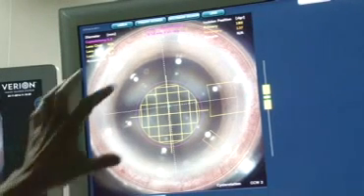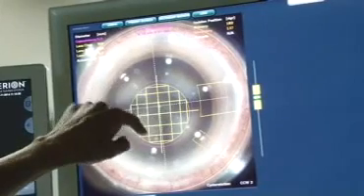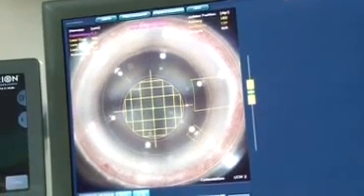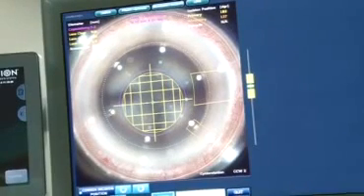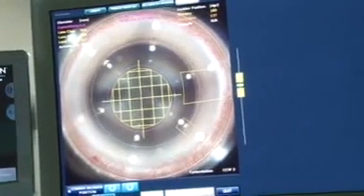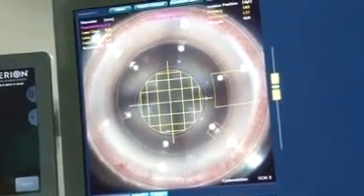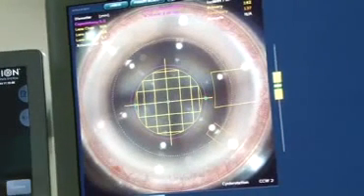Now I see that the central part of the lens seems to be slightly off. I'm going to press the lens again, and let me just push this up a wee bit here. I think that is the center, so I can change the plan according to what I wish. Then I get into the scanning mode.